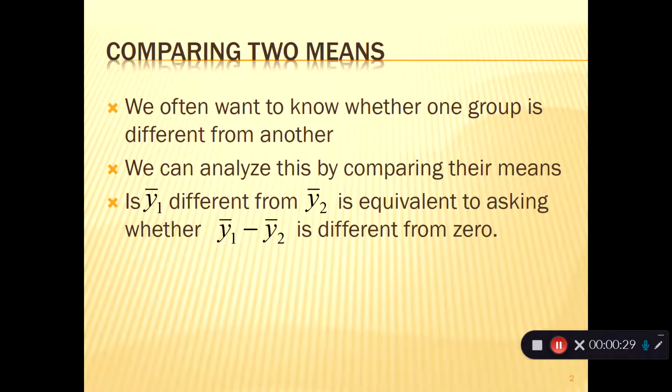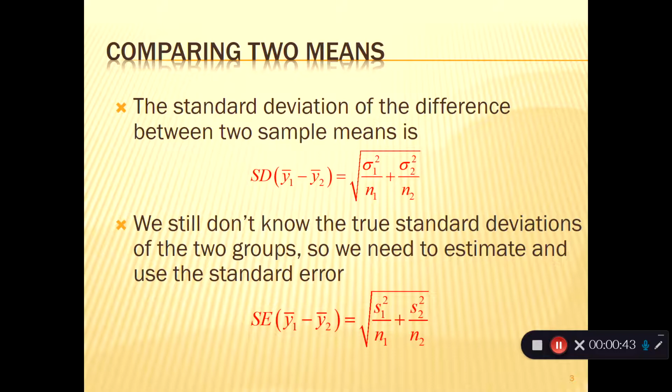So doing that, we can look to see if the two means are different or, equivalently, if they're different, then when I subtract them, the mean should be notably different from 0. So for our calculations for dealing with two means, we need the standard deviation. So our standard deviation for looking at the difference between two means